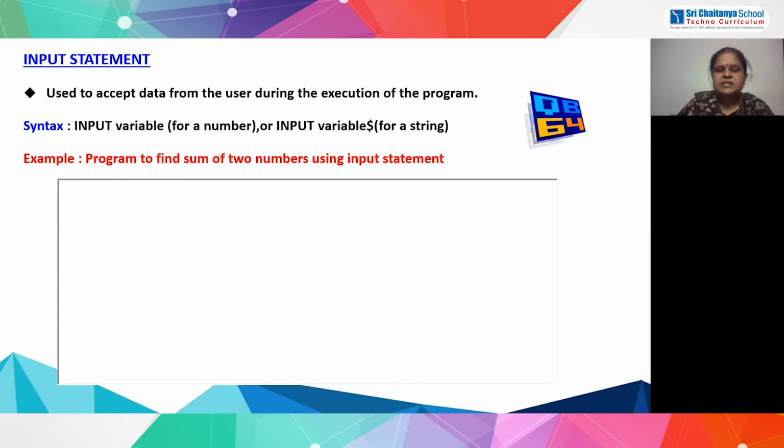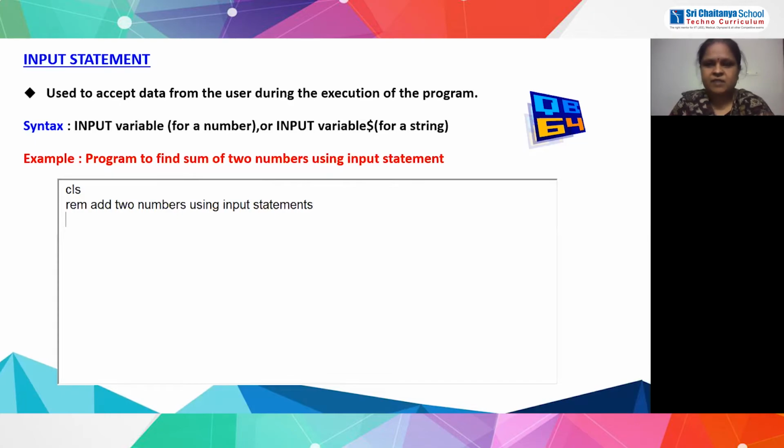Now let us see the same example, adding two numbers using the input statement. How to write the program, let us see. Again same thing, CLS. Next I will write rem, add two numbers using input statements.